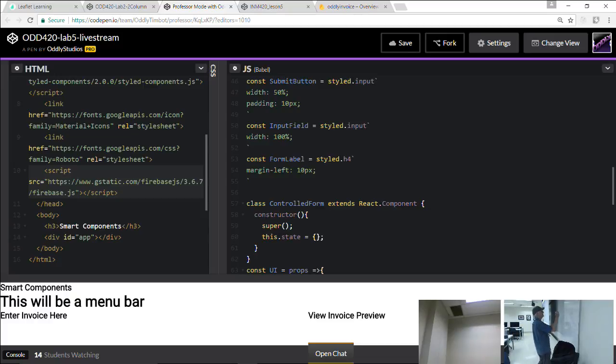So we're going to wind up with something like this. It's going to have some labels. It's going to have some input fields. This is where you'll have to do a little bit of work, because depending on what you want to show in your invoice, you're going to need some fields for that. But you can imagine one of them is probably your client name. Another one's maybe a little text input area where you describe the project, something like that. It's whatever you want to do. Then we're going to have a submit button down here.